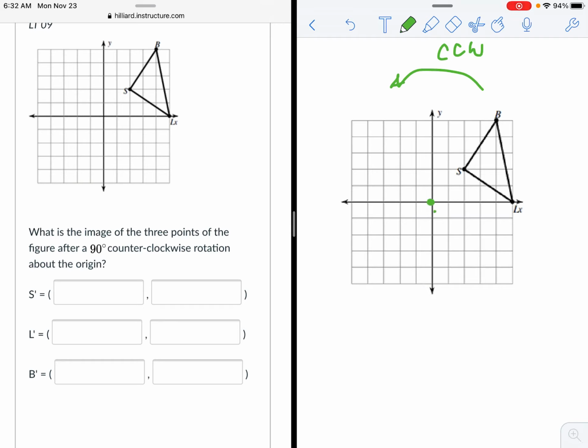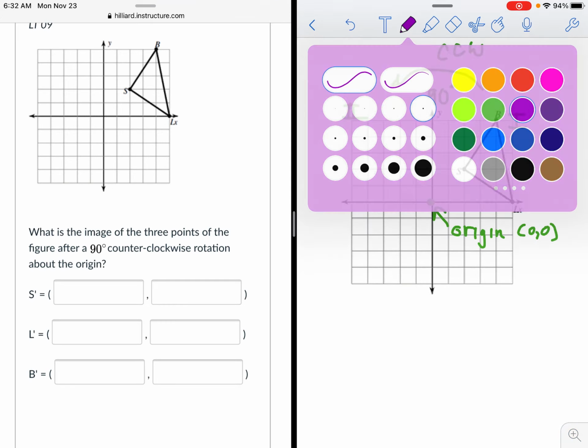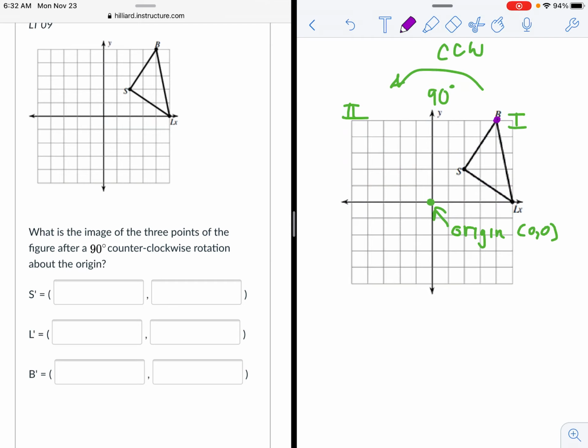This point right here, that's the origin. Sometimes it's called 0, 0. And we're just going 90 degrees. All right. So since we're in quadrant 1, that means that we'll end up somewhere in quadrant 2. Okay. Now for fun, let's just focus on B. B is at 4, 5. So if I do a 90 degree counterclockwise rotation around the origin,